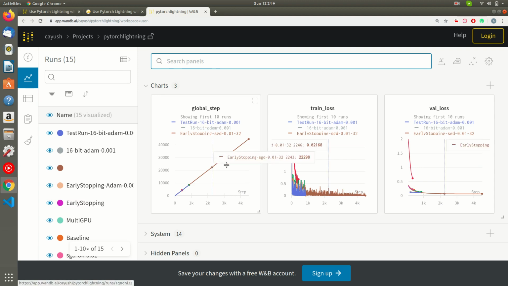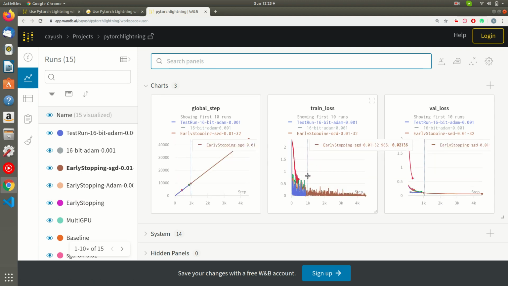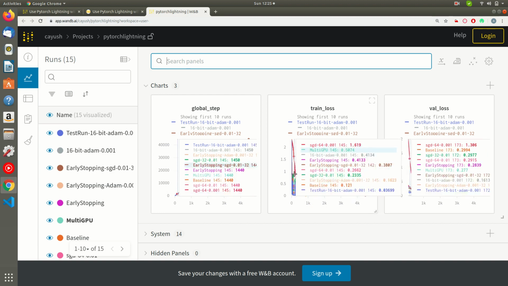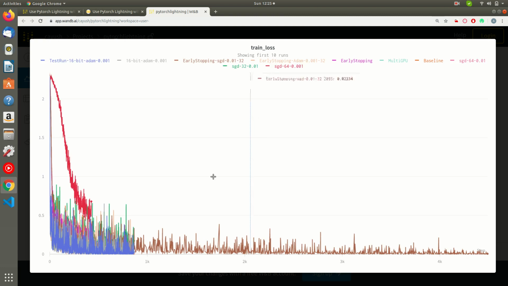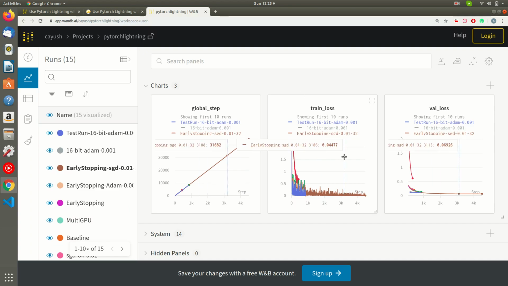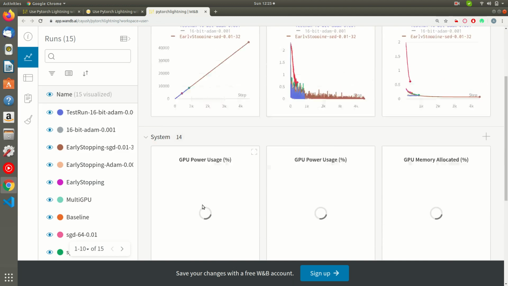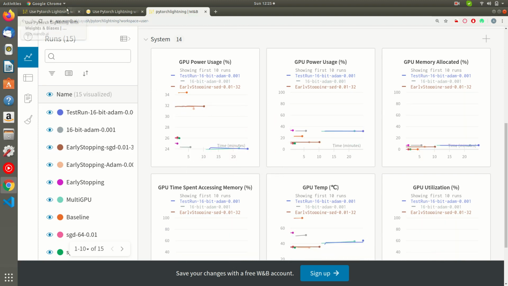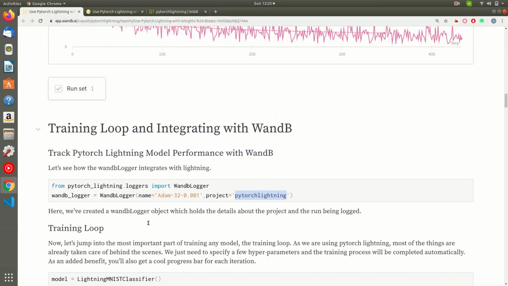I've opened it. It contains all the comparisons of all the runs that I have performed, and it's compared side by side. So as you can see, all of the runs are compared side by side. So it is very interactive. It is a training loss visualization, validation loss visualization, and it also performs some automatic visualizations, that is the GPU usage, power usage. If you want the details about any of those things, you can get them as well. So it is really interactive.